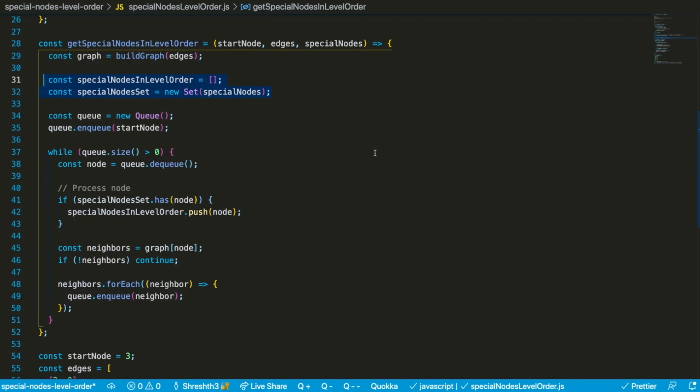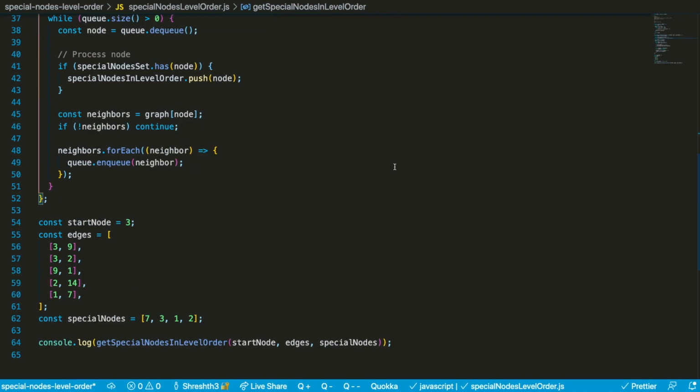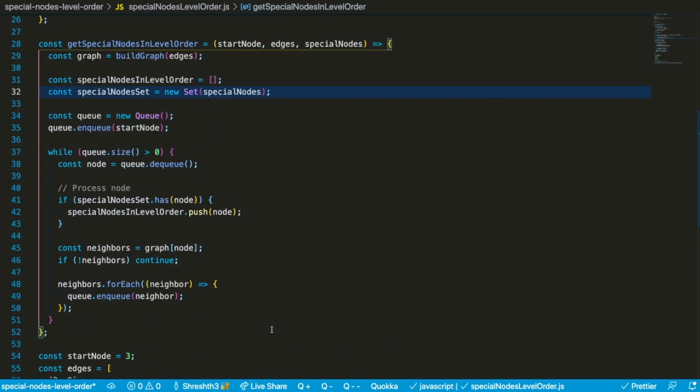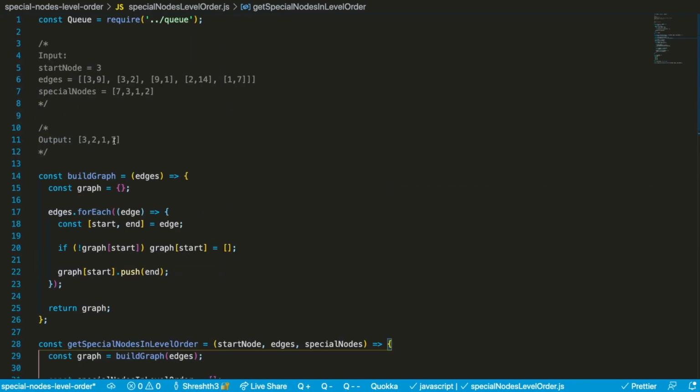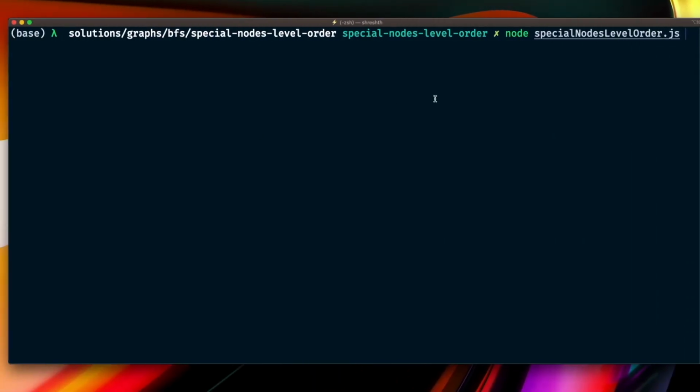All right, let's go ahead and verify that our solution works. So we can save here. And our test is just declaring our three inputs, and it's invoking the function on them. So the output that we expect to see here is going to be an array that contains 3, 2, 1, and 7. Let's see if we get them. So we can come here, we're just going to execute this file,